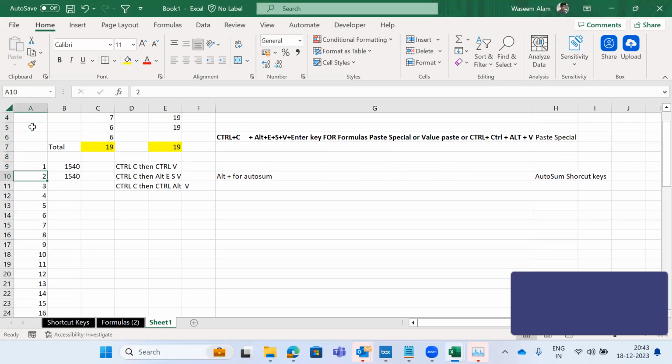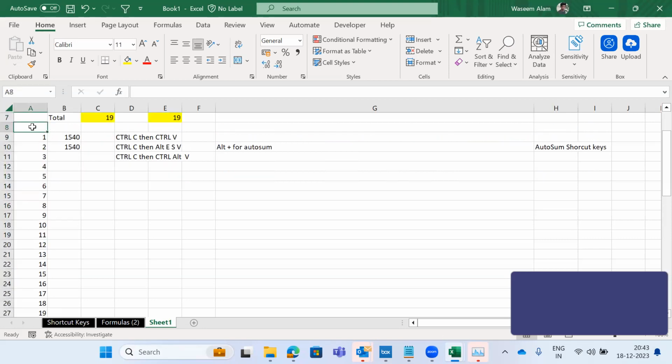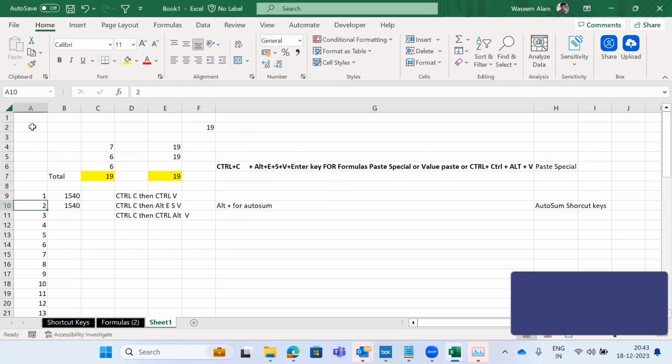Yes, Susan. Till this point, any doubt? I have covered some formulas, but there is one scenario where this will fail. Suppose I type my name. Now please tell me, right now my result is 1538. Can you tell me why I am getting 1538? You removed 2, so it was auto calculated. Yes, it is auto calculated because